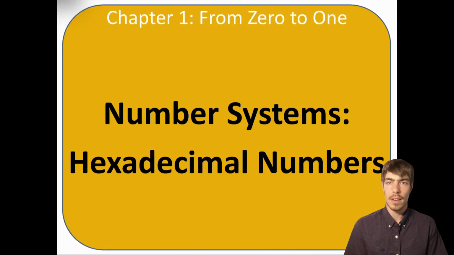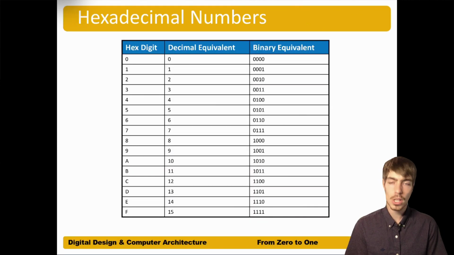The next topic in our conversation about number systems is hexadecimal numbers. You'll see hexadecimal numbers quite frequently when you're dealing with digital systems, and that's because they're an efficient way to represent binary digits. So if we look at the chart here, you can see hexadecimal digits, which are base 16 numbers, range from 0 to 9, but then also have the letters A through F included to represent the decimal